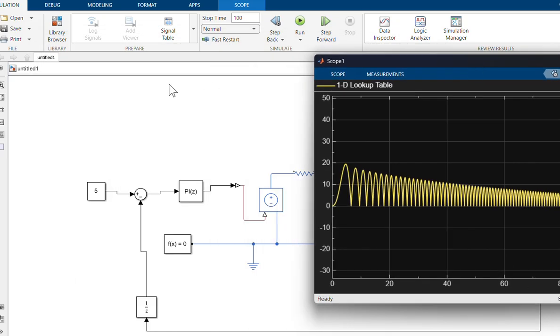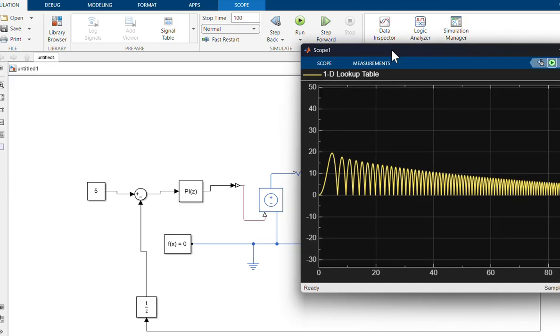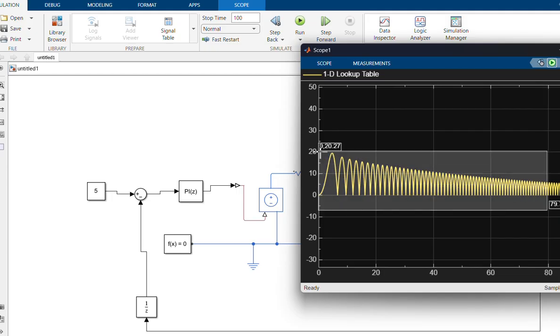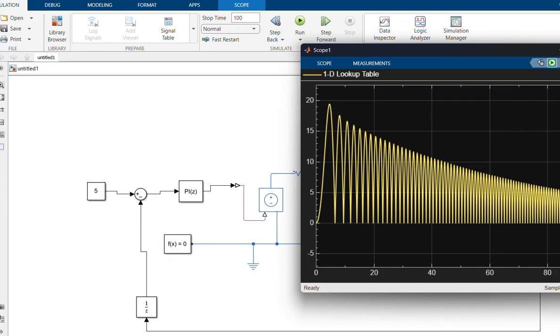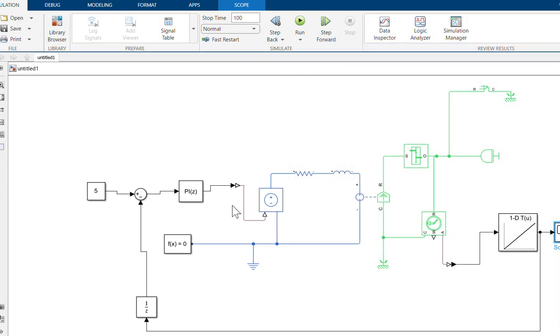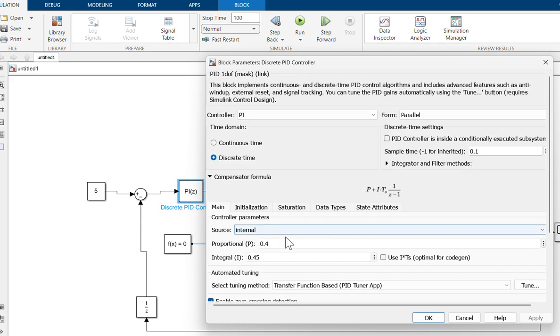I think we again adjust these PID values, and what's going on here? I think this proportional value is too much because it goes up and down, not hanging out at any specific value. It should be hanging out, not up and down. Okay, we adjust these PID parameters again.